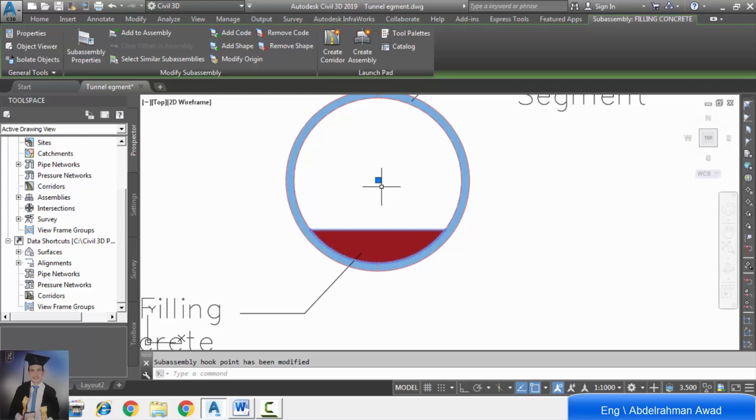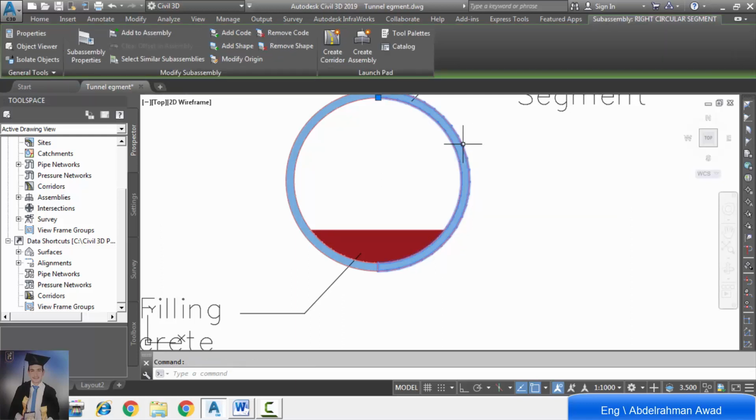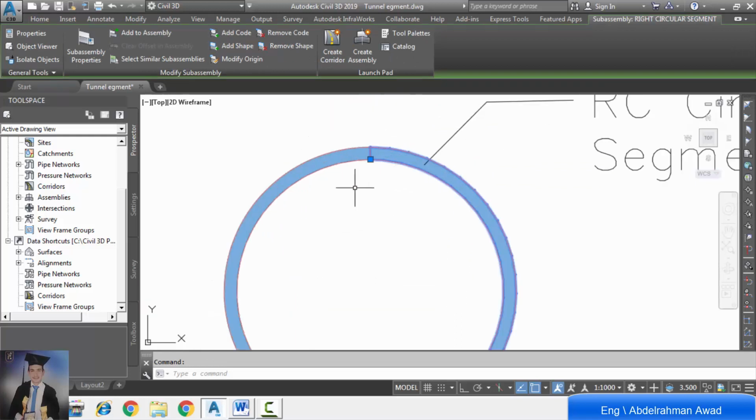Now we will turn to the right half circular segment. We'll click on the right half circular segment and modify its origin to the circle center. The origin of the right half circular segment is that place. So we will transform this origin to the circle center.